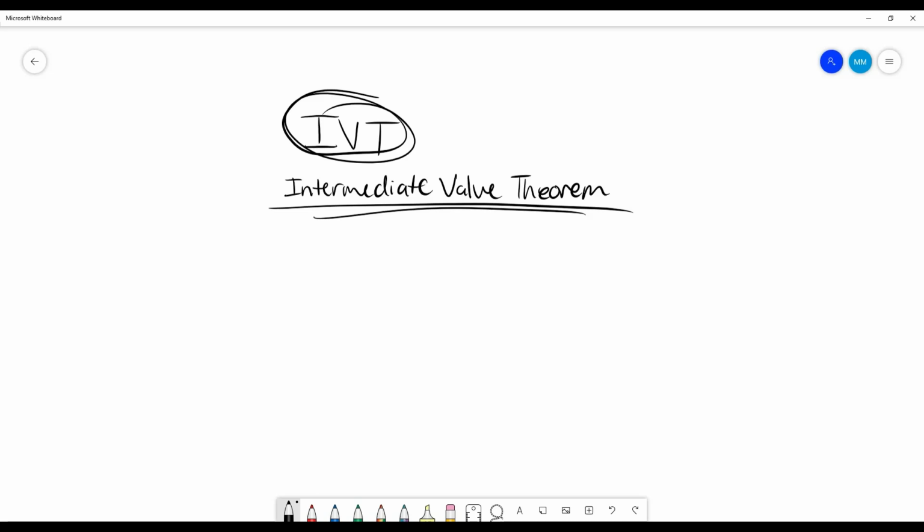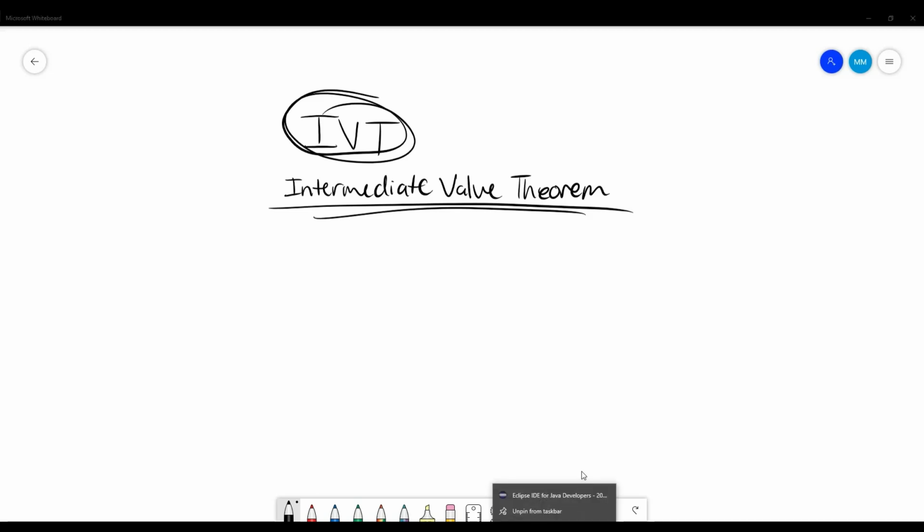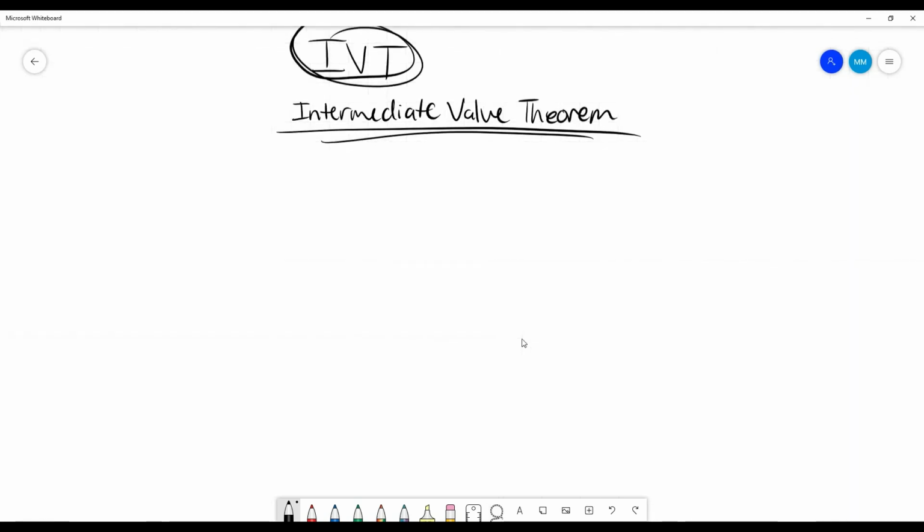But yeah, so what the Intermediate Value Theorem states is that, if we have a function, let's call it f of x, and this function is continuous on a given interval. Okay, so we'll call this interval a comma b, and we'll use actual values later for examples, but for right now, this is just kind of the definition. So if we have this function, and it's continuous on this interval that they gave us,